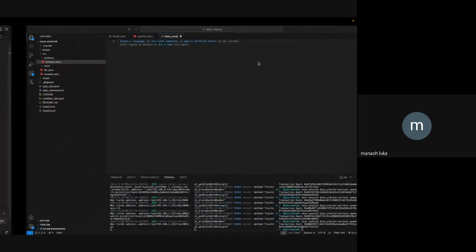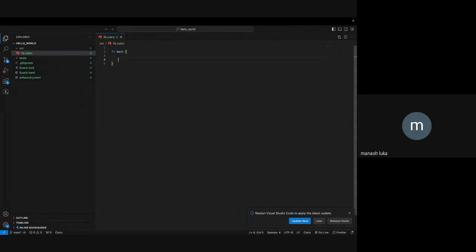So, the most important thing for every programming language, which is the data types, we are going to introduce Cairo data types. Just like Solidity, Cairo has similar data types, and like you all know,